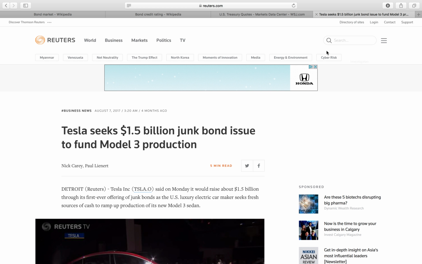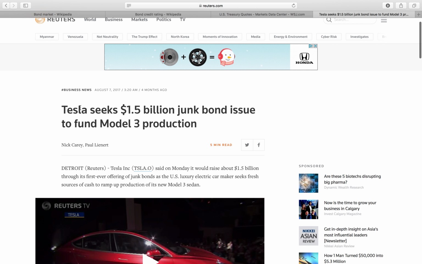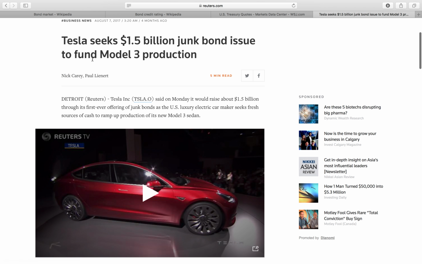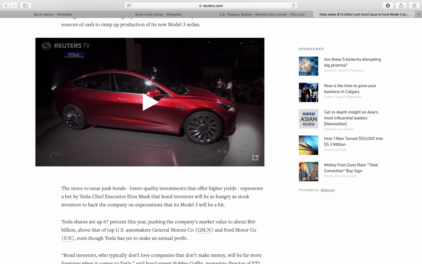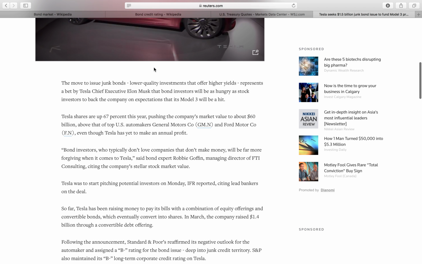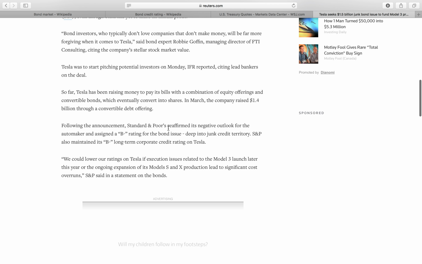is just an example here really quickly, just to give you some context. So there's governments and cities and whatnot that issue bonds when they need money. And there's also corporations. I've talked about this before. Tesla, not too long ago here, did 1.5 billion. I've seen this quoted a couple different times. 1.5 billion in order to fund their Model 3 production, and these are actually underwater as we speak because of different issues, concerns. And here, this is what we're talking about right here.